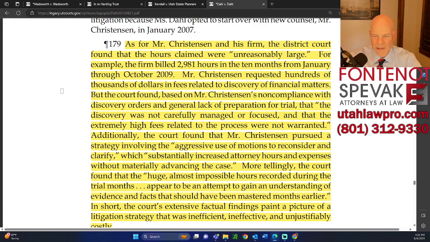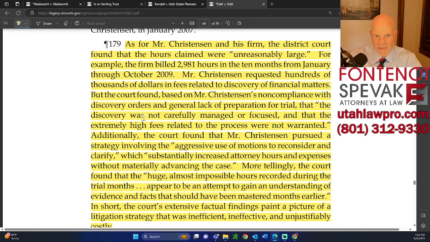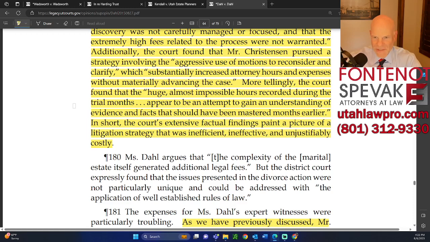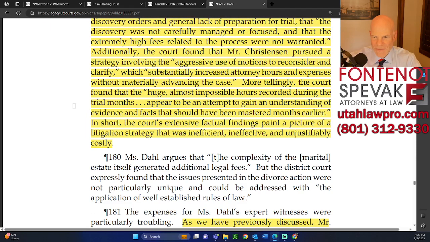They never would. More telling, the court found that the huge, almost impossible hours recorded during the trial months appear to be an attempt to gain an understanding of evidence and facts that should have been mastered months earlier. In short, the court's extensive factual finding paint a picture of a litigation strategy that was inefficient, ineffective, and unjustifiably